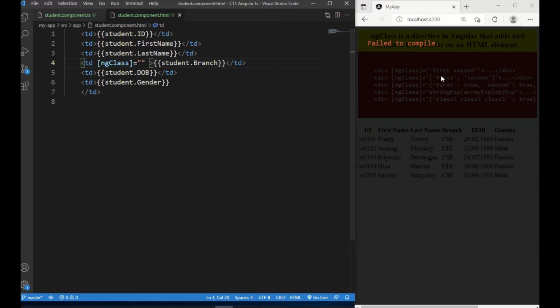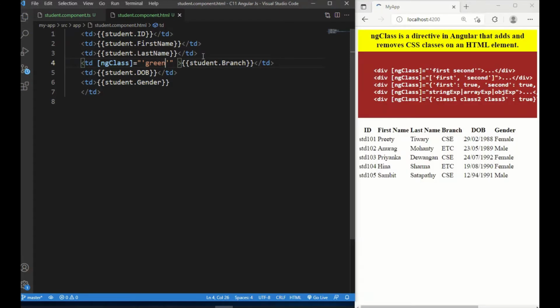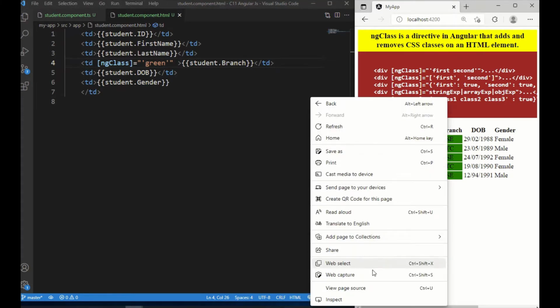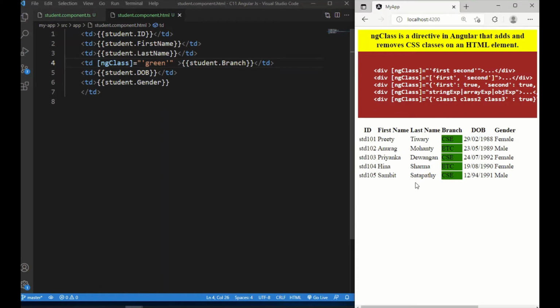Let's go for the first one, that is green. If I want to apply only one, I just give the class name. This is the first method I am using. I just added only one class with single quotes. If you observe here, it started applying that CSS, the green. If you inspect that,